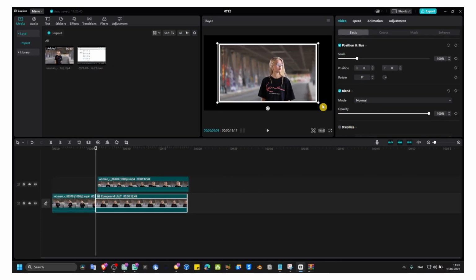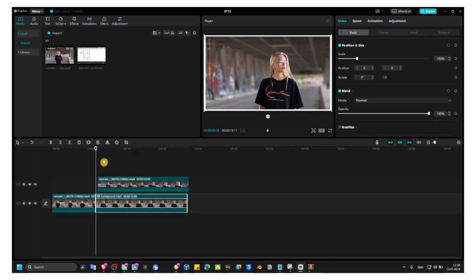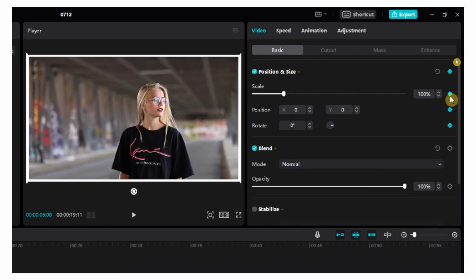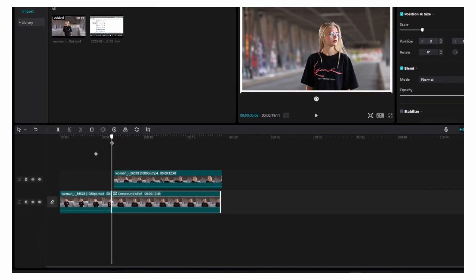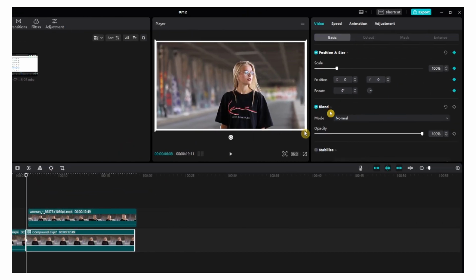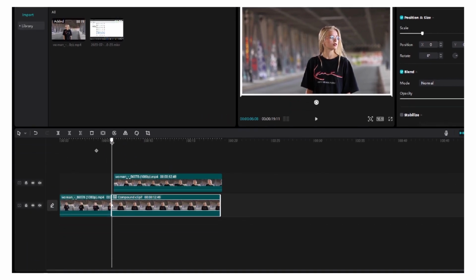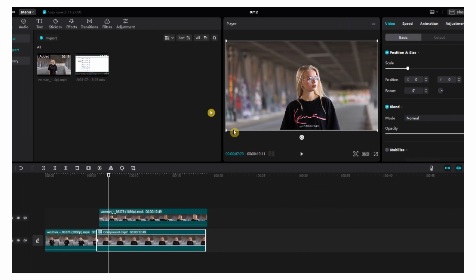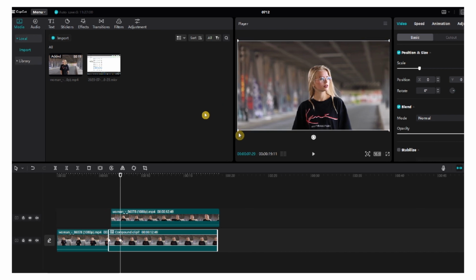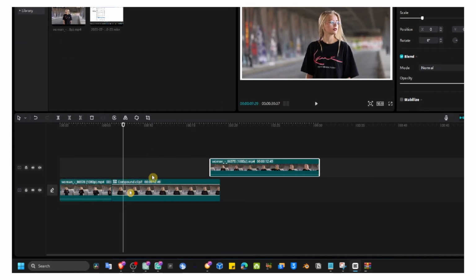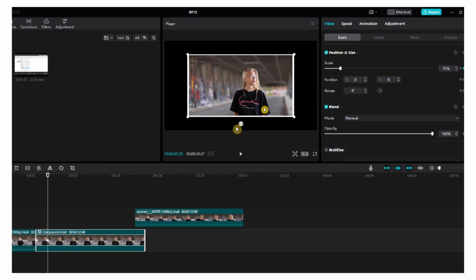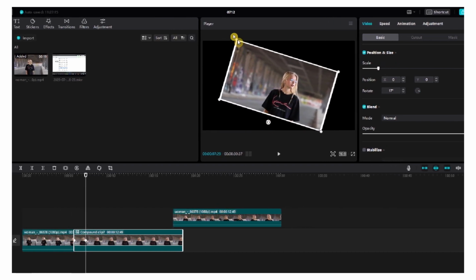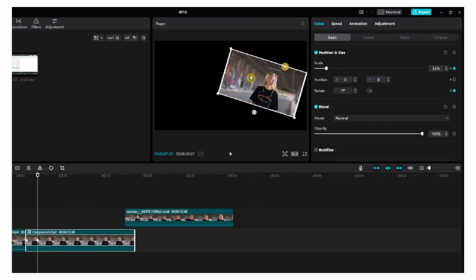And now we have this. And now to animate it, we need to add keyframe for scale, position, and rotate. Here I'm gonna move a couple of frames ahead, and now I will just move this. I'll scale this, rotate this, and here,